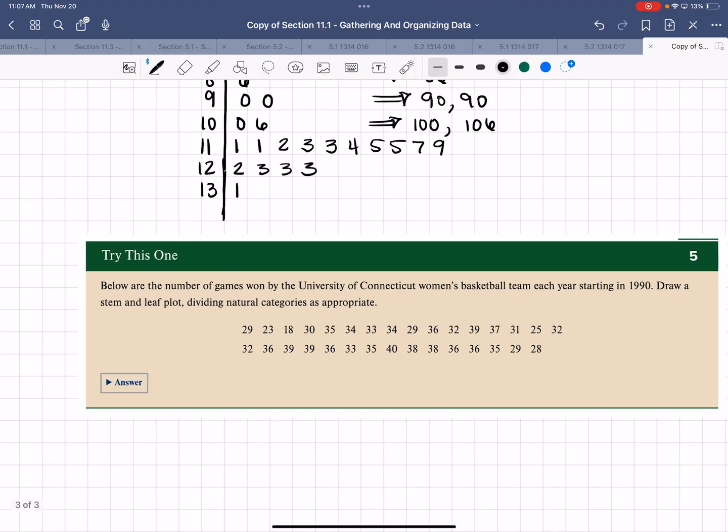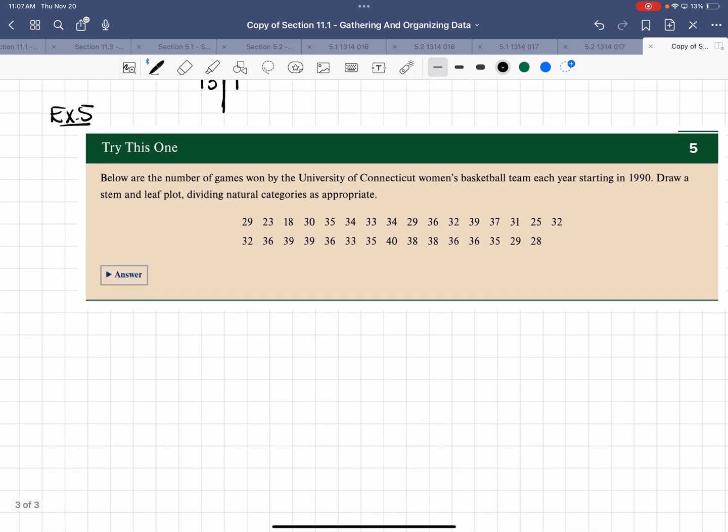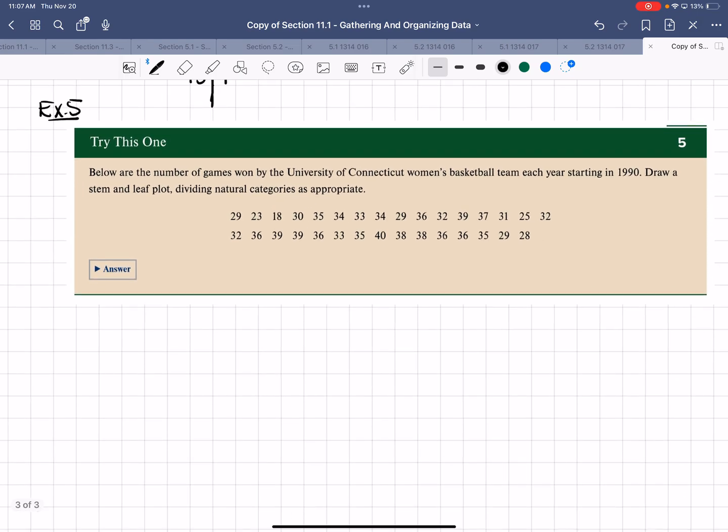That was example 4. Example 5. We're still doing a stem and leaf plot, but this time we're going to do it a little bit different. Now, we don't see stem and leaf plots like this very often, but the book does present it this way, so I'm afraid you will have some homework that looks like this. This stem and leaf plot is a class stem and leaf plot, okay? Made from classes,